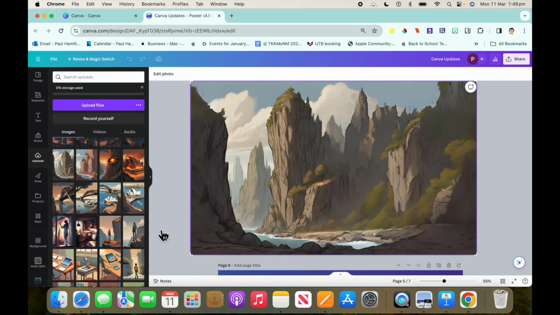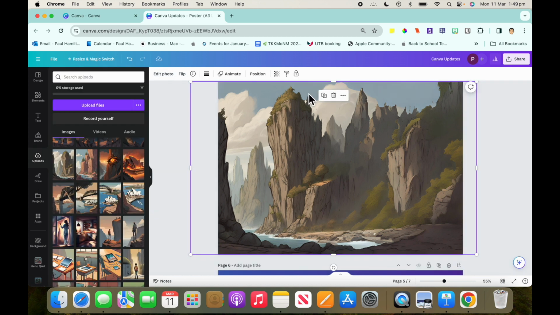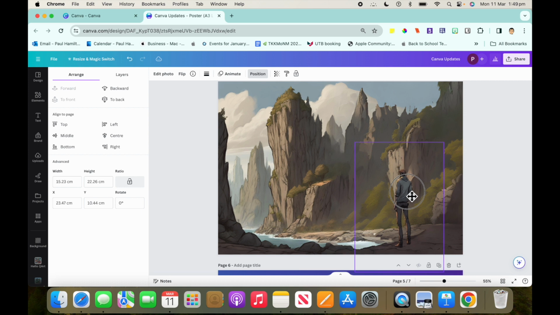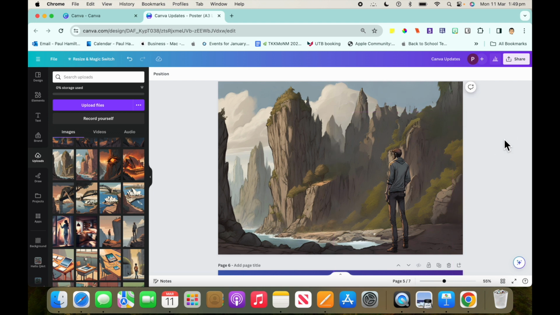I'll press done. And then what we can do there is when that's done, we can go up to our position. We can send that backwards, and now we've got that person standing on the rocks overlooking that beautiful kind of scenery there. So we can start to use the background remover and also the Magic Expand going forward to